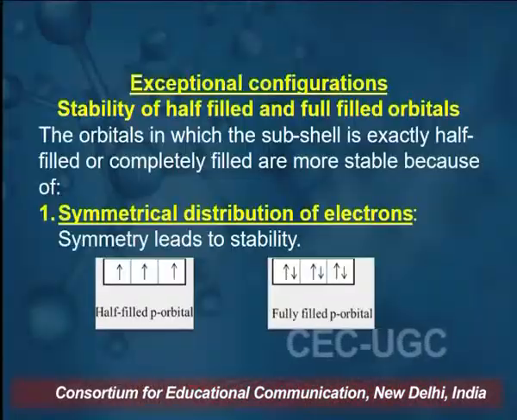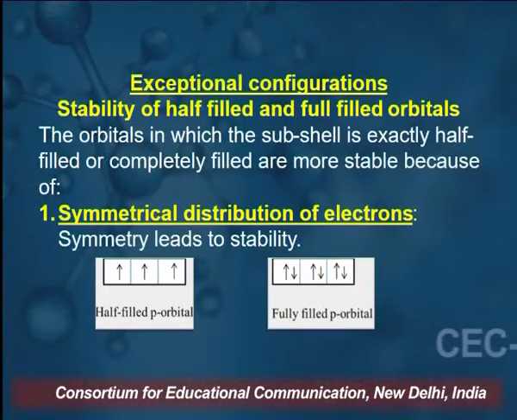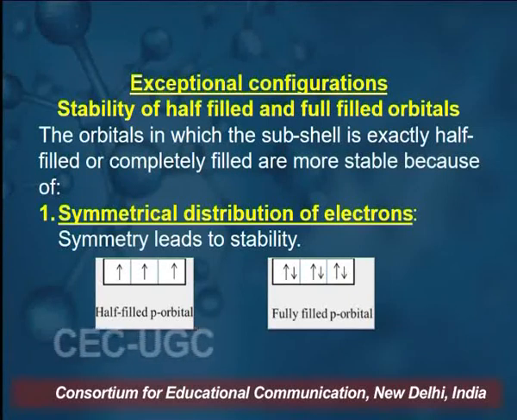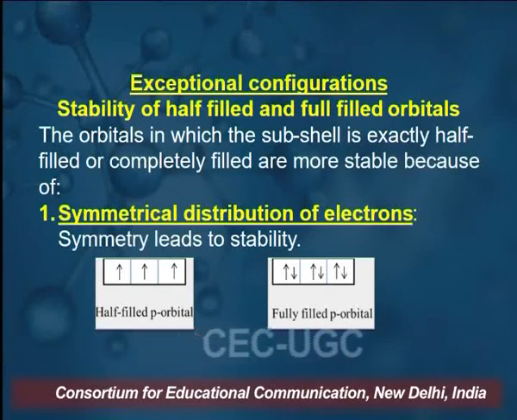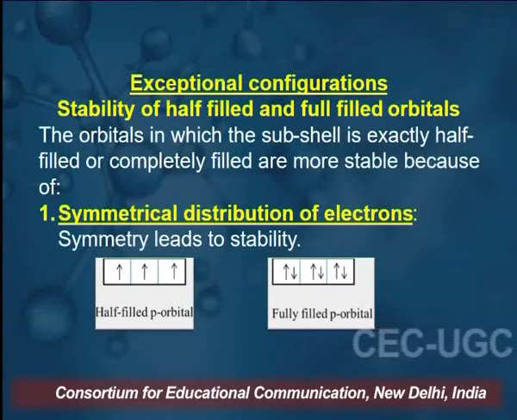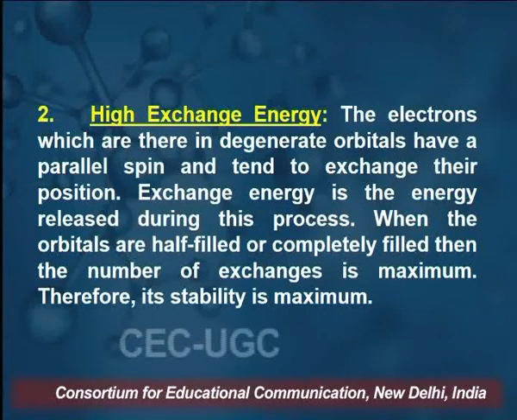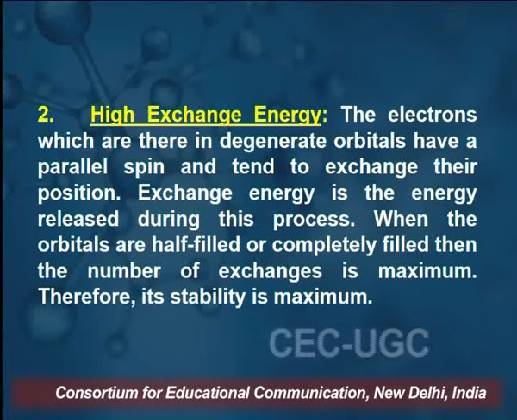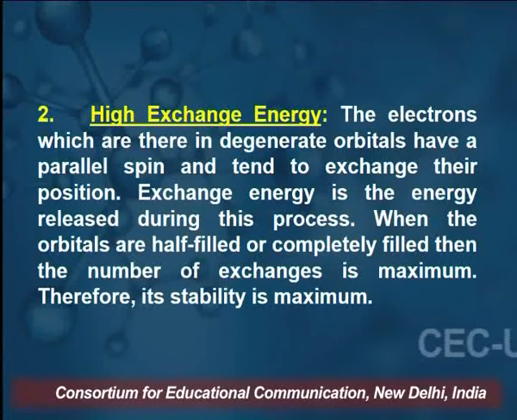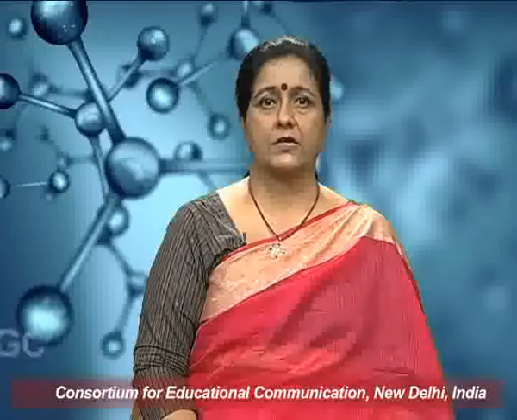These are two exceptional configurations, meaning the half-filled and full-filled orbitals are stable. The reasons given are, number one, the symmetrical distribution of electrons, and symmetry leads to stability. Second is the high exchange energy. The electrons in degenerate orbitals have parallel spin and tend to exchange their position. Exchange energy is the energy released during this process. When the orbitals are half filled or completely filled, the number of exchanges is maximum, therefore stability is